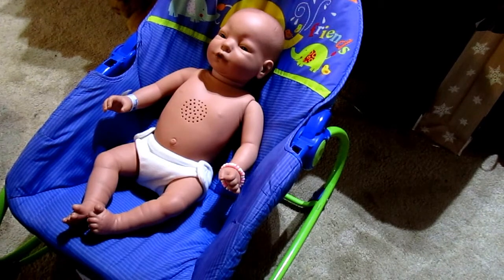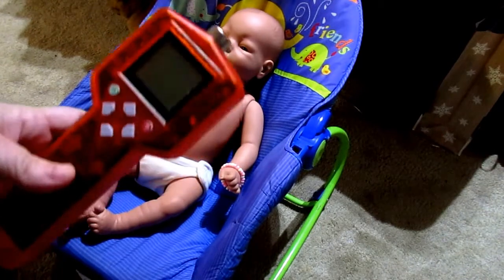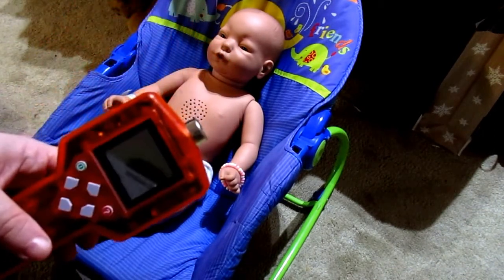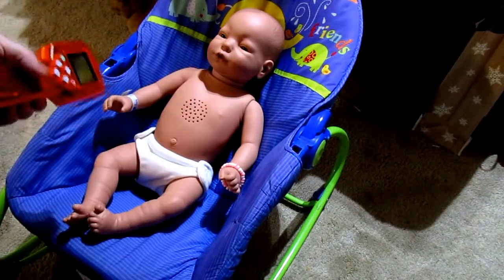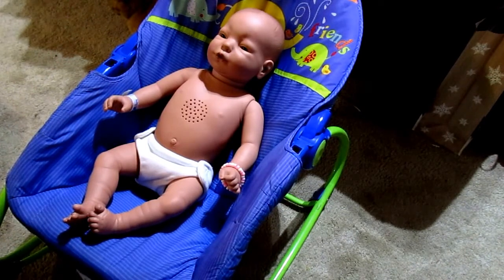Because that's where you have more control with the control unit. I just took the batteries out. But with the control unit, when you turn it on, there's a clock in here and you set the clock, and then the clock from this is what sets Baby. So I'm assuming when you start it, it's starting at midnight or 12:01 a.m. is what I'm going to assume. Not 100% sure on that, but